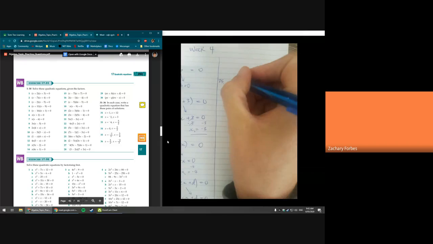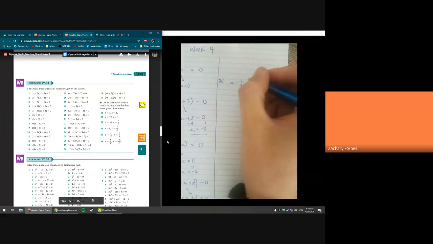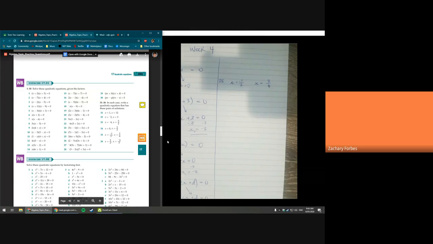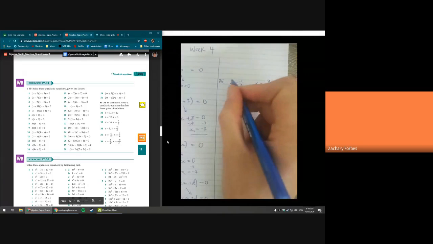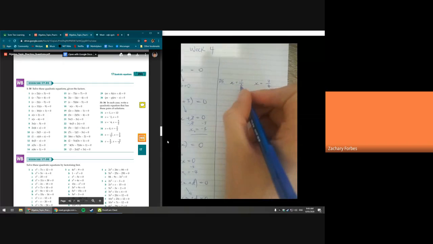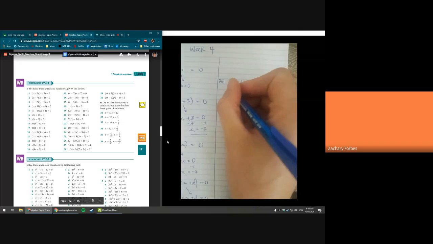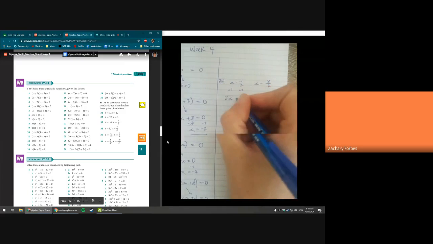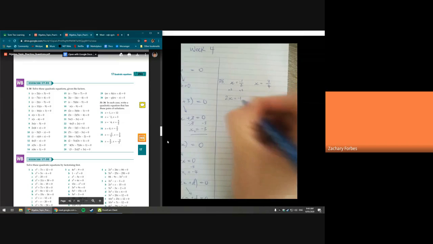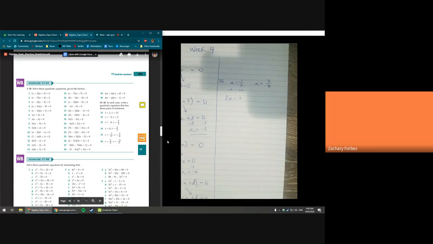That's fine. So we've got x equals negative 1 over 2, and we've got x equals 3 over 4. So all I'm going to do is reverse engineer what I was doing for the other section, right? I'm going to do the opposite of unpacking an x, and I'm going to repack the x. Here I can see that I've got to divide by 2, so I'm going to times both sides by 2. Then I get 2x equals negative 1. And I'm going to keep packing it up until I'm left with an equals 0. So I'm going to need to add 1 to that side and add 1 to this side. So I'm going to get